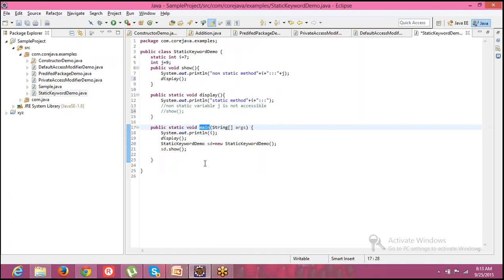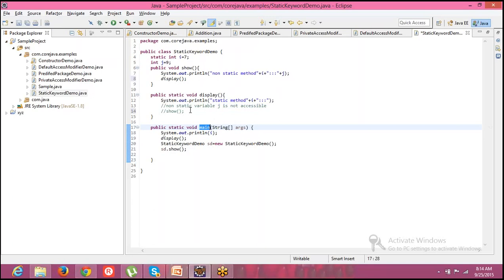Okay, so if it is possible, can't we access this non-static show method inside a static method with the help of the same procedure you have been using inside the main method, like creating an object, and with that object can we call this show method over here? That is what his question is. If you understand the question, I can start explaining the answer. Do you understand the question or do you want me to come again? I'm asking other folks, not Pratap. I understand. Okay, you understand, right?